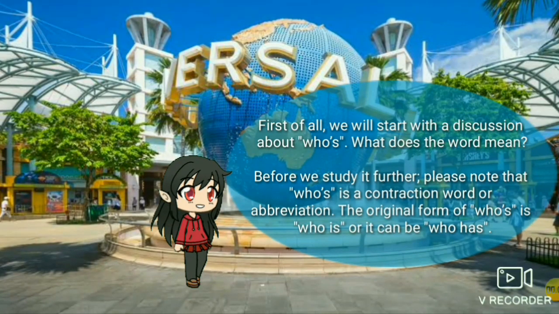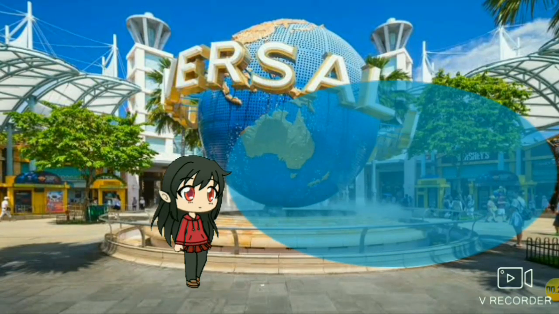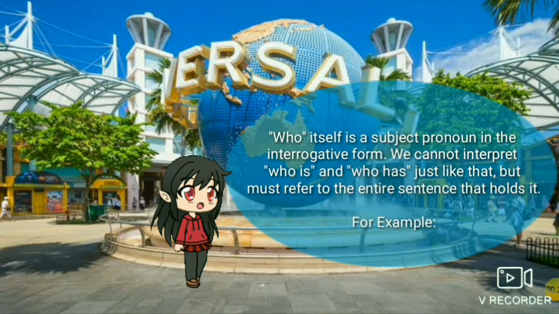First of all, we will start with a discussion about who's. What does the word mean? Before we study it further, please note that who's is a contraction, or abbreviation. The original form of who's is who is, or it can be who has. Who itself is a subject pronoun in the interrogative form. We cannot interpret who is and who has just like that, but must refer to the entire sentence that holds it. For example,